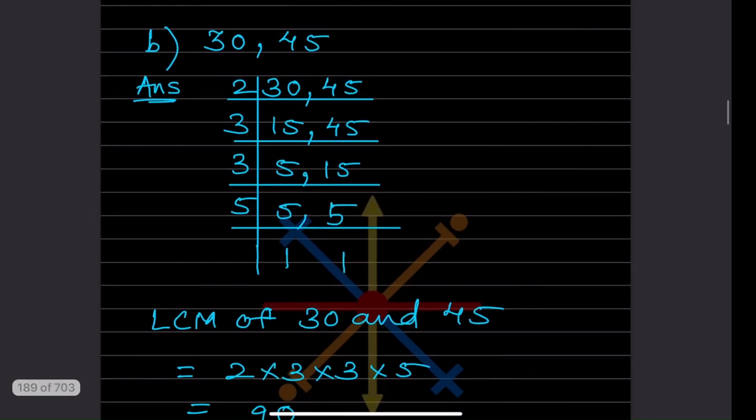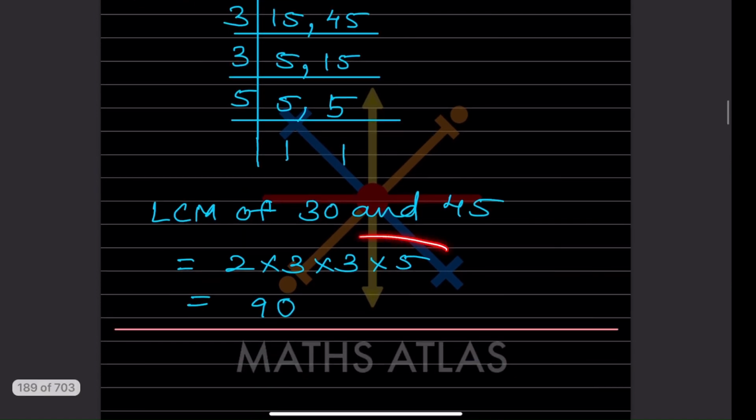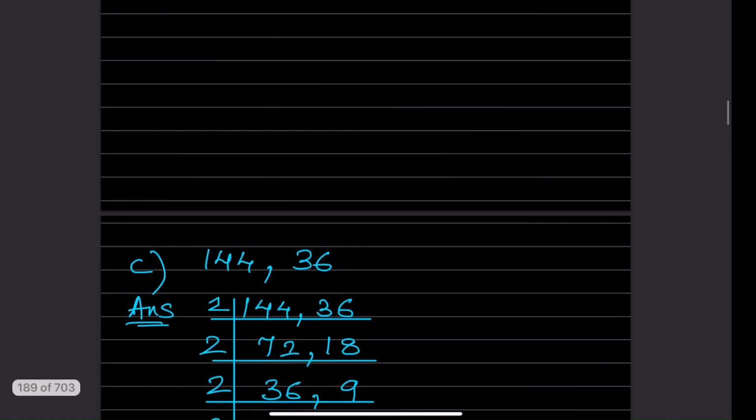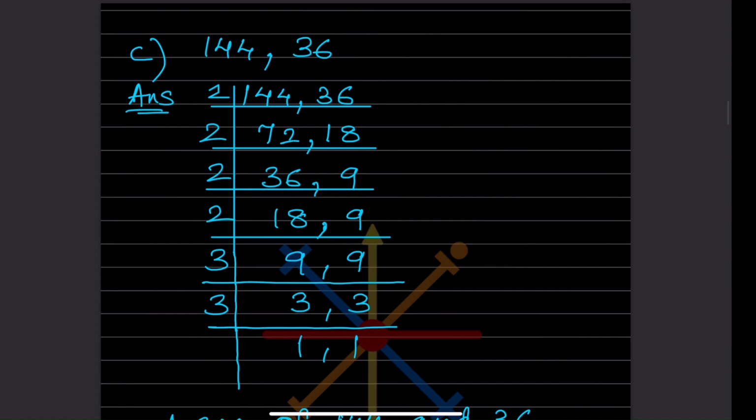Again for this one, see here, 2 is not possible, so write 45 as it is. Then these both are not possible by 2, go with 3 fives are and 3 15s are. Again 3 fives are and 5s are, 5 ones are. So whatever you get, 90. Again for this, what you can do, 2 18s are, 2 36s are, and then this will be 2